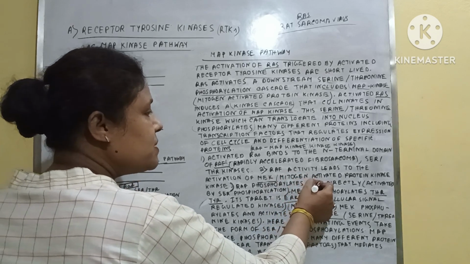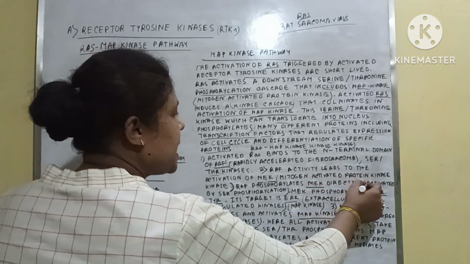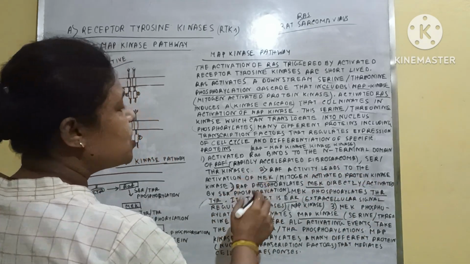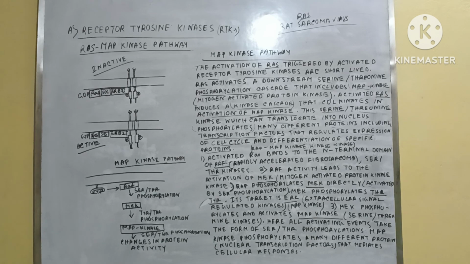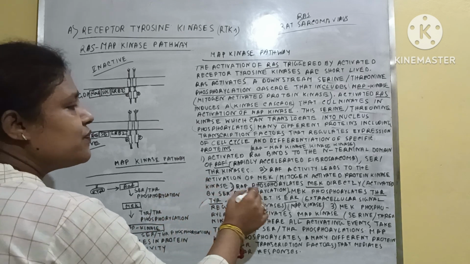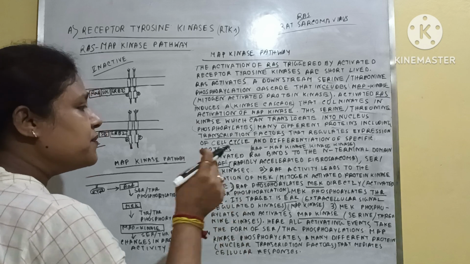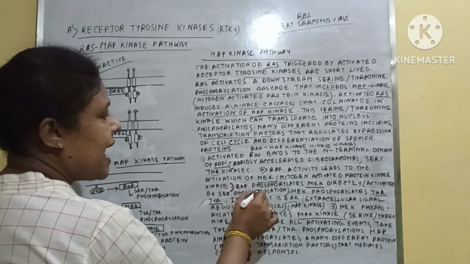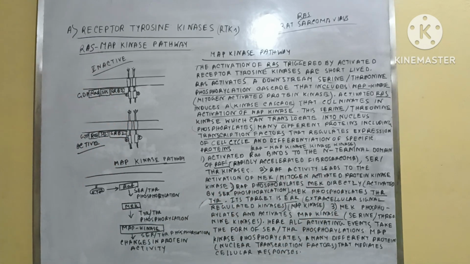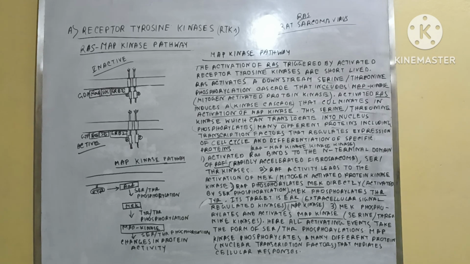How is it possible? Because if the activated serine phosphorylation is already there, that means the serine is first phosphorylated and activated, then it is possible that RAF phosphorylates MEK directly. Without serine phosphorylation, RAF cannot phosphorylate MEK. Clear? And after the activation of the MEK,